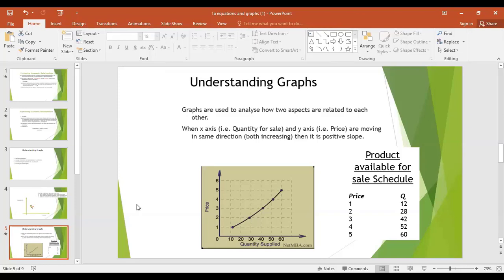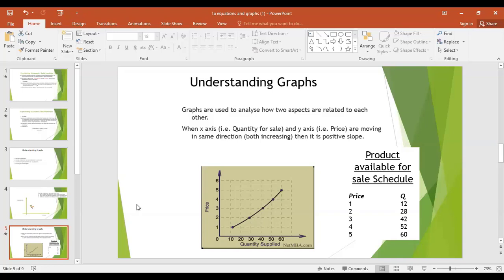So what is happening is we are making a graph of two incidences. One is the price, another is how much they are willing to sell, supply. So we already know there is a function that the price will explain how much they will sell. The function does not tell us the direction or magnitude. It only tells that the seller considers price as an important indicator. But when we make a graph, it gives us a hint what kind of equation it will have.